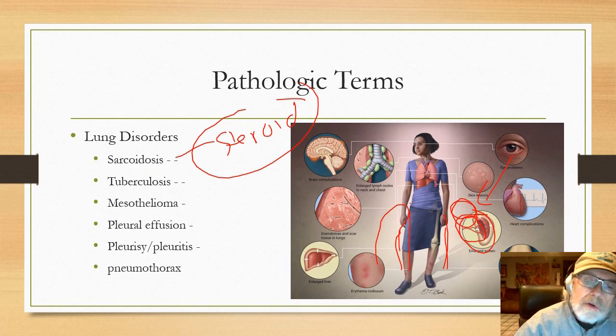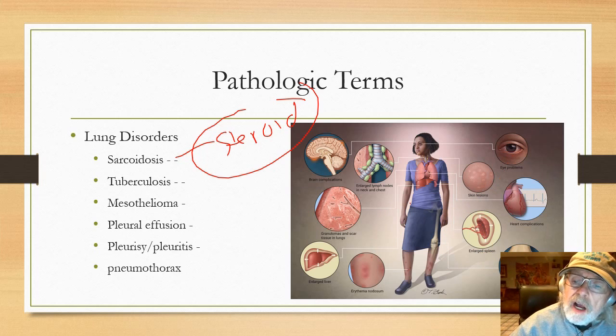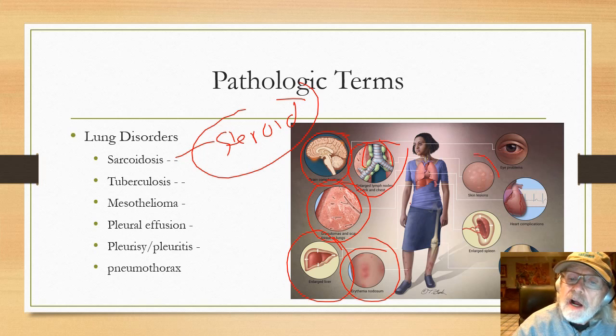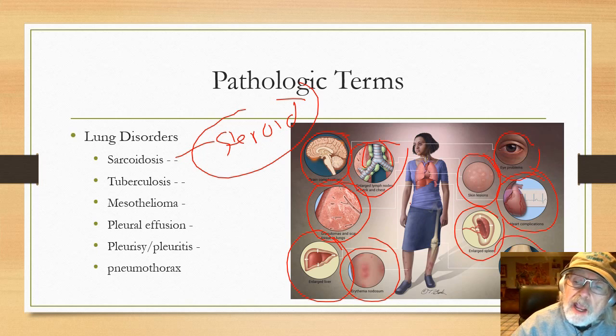And again, sarcoid involves so many different organs. This is just showing what we see with sarcoid. Again, here's liver. It could have skin manifestations and stuff like that. Lungs, it could involve the brain, the lymph nodes around the area of the trachea and stuff like that. Again, more skin lesions here, eye problems, heart problems, big spleen and stuff like that, and also may involve the